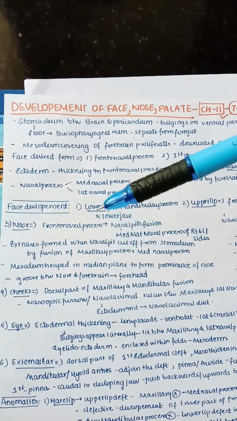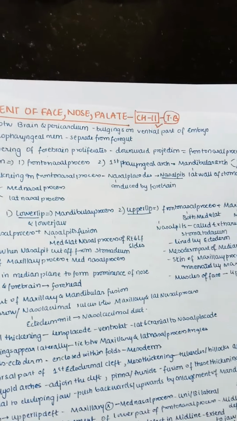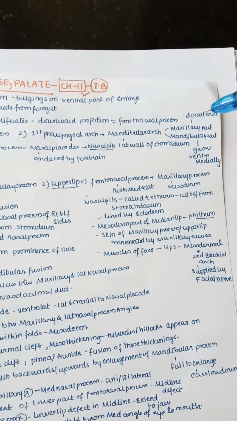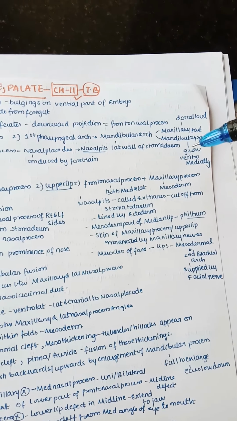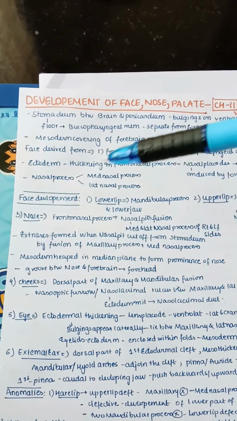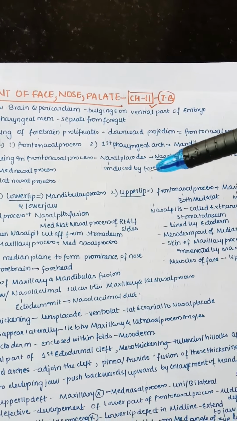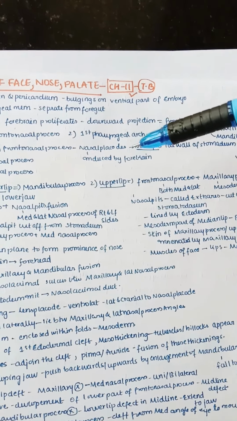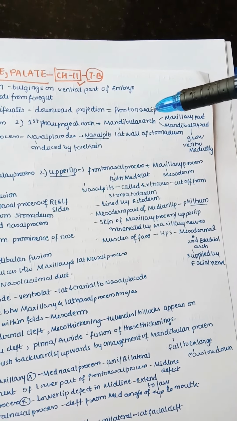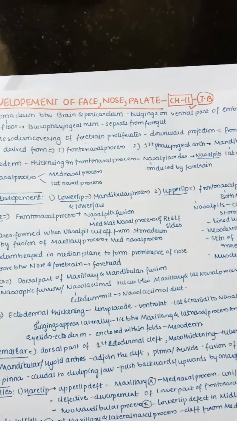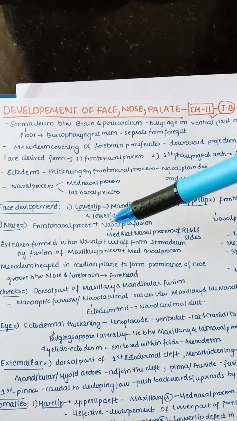And the face is mainly derived from the frontonasal process and the first pharyngeal arch. The first pharyngeal arch, that is the mandibular arch, is divided into a maxillary part and a mandibular part. The maxillary part is a dorsal bud and the mandibular part grows ventromedially. Our ectoderm thickening in the frontonasal process has nasal placodes, whose growth is induced by the forebrain, and these nasal placodes later convert into nasal pits, right? And if you remember, the mandibular arch is formed from the lateral wall of the stomatodeum. Next, the nasal process is divided into the medial nasal process and the lateral nasal process.